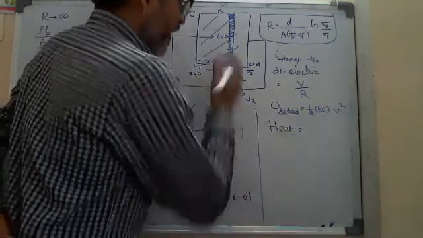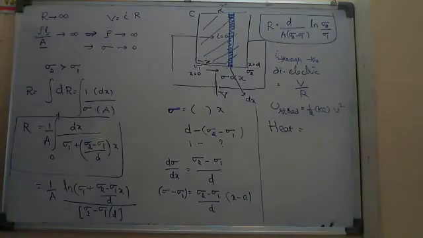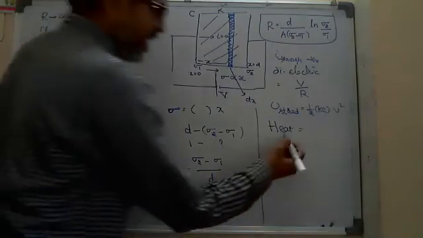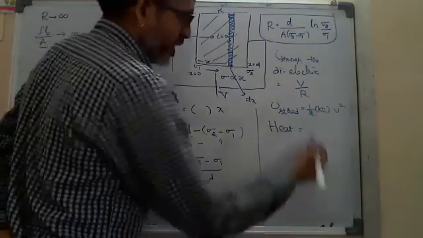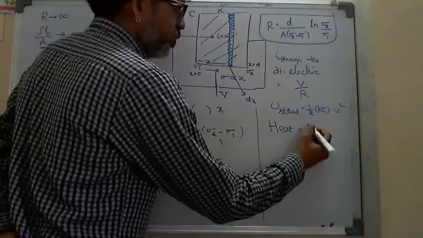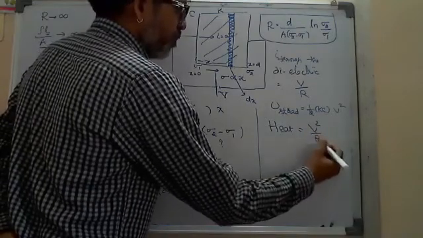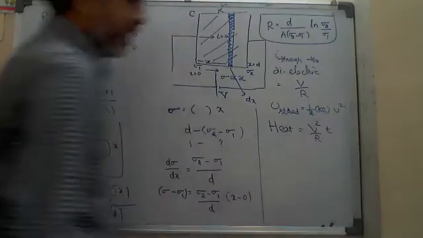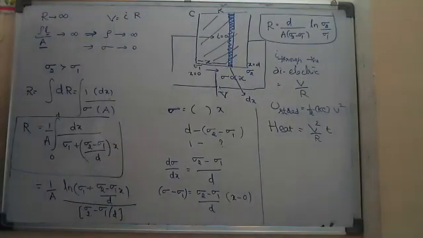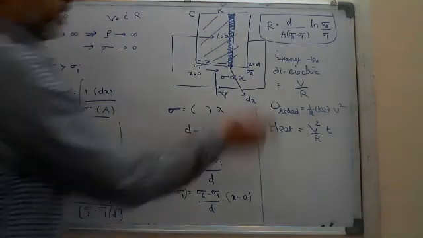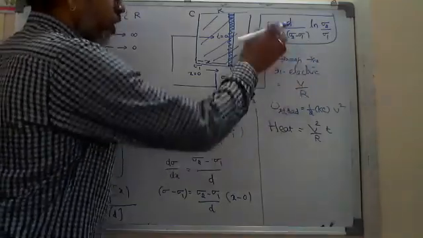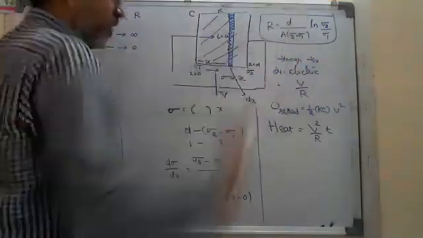If they ask, you can say the heat energy after a certain time is equal to V square by R into T, or I square R into T, either one. Why? Because we know everything. We know I, we know V, we know R, because previously we calculated them.